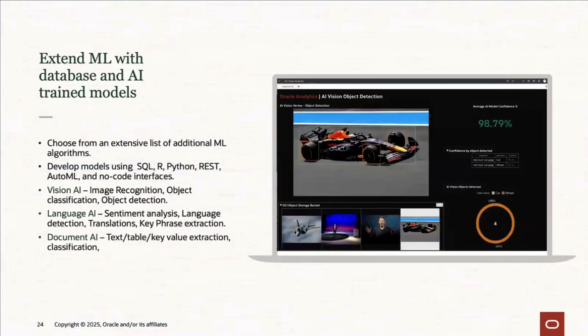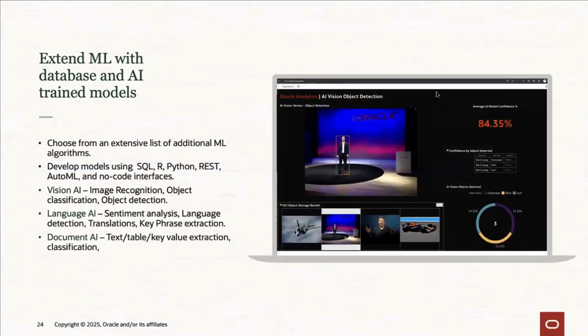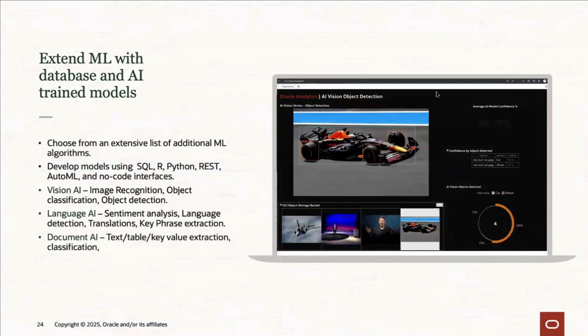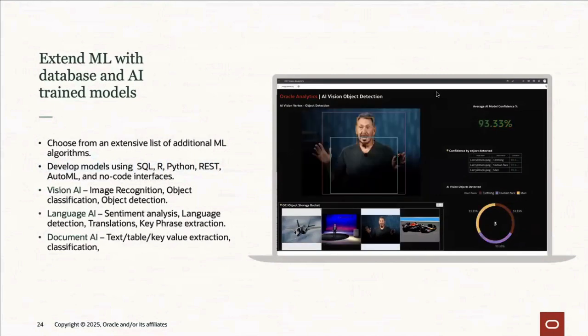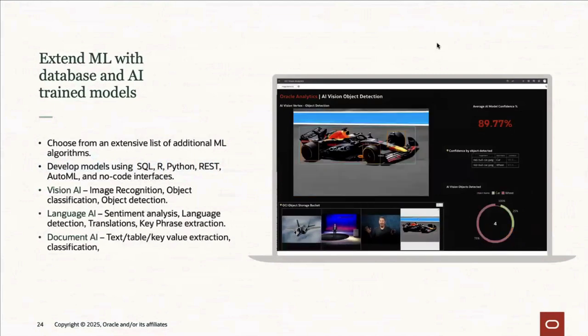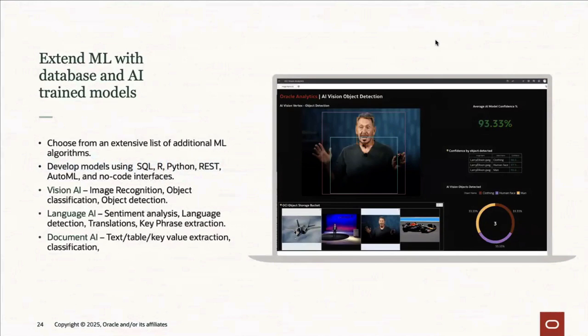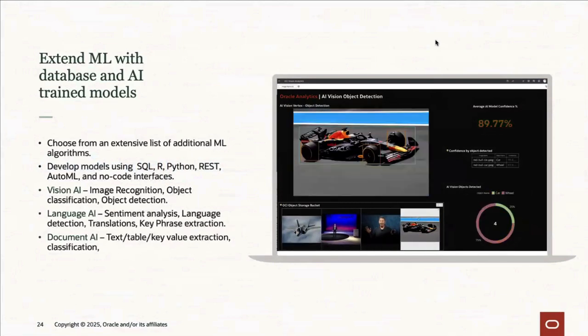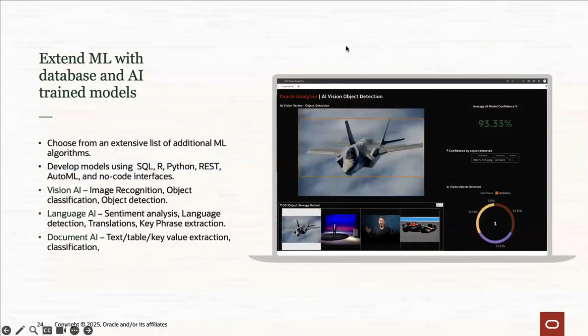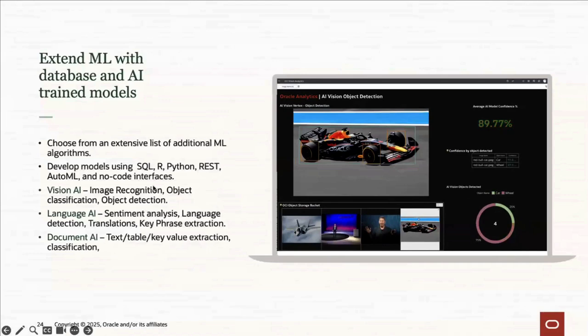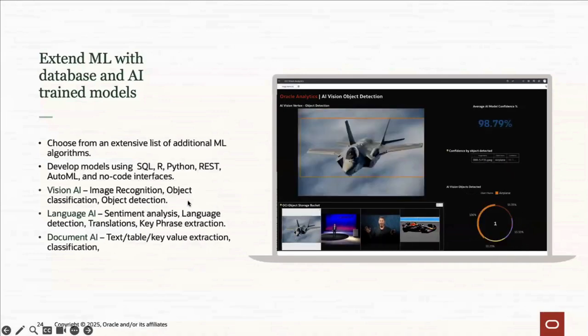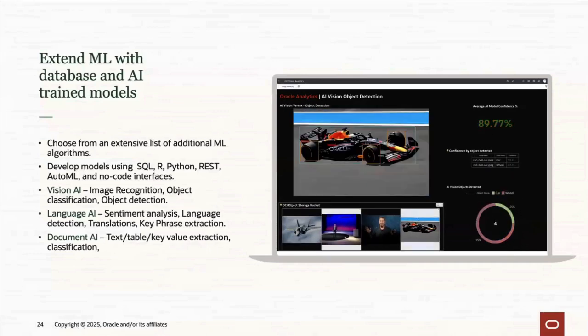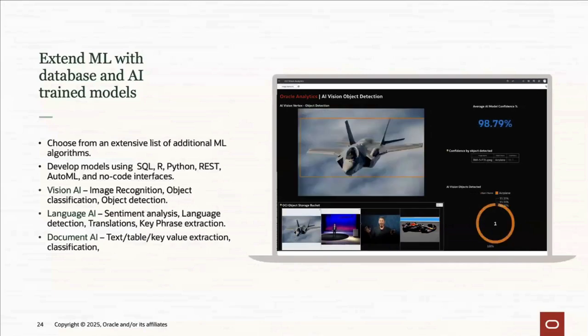You'll be able to store these ML models with an interface that is very similar to Zeppelin or Jupyter notebooks. And with the AI trained models, we're going to take a look at vision, language, and document AI.